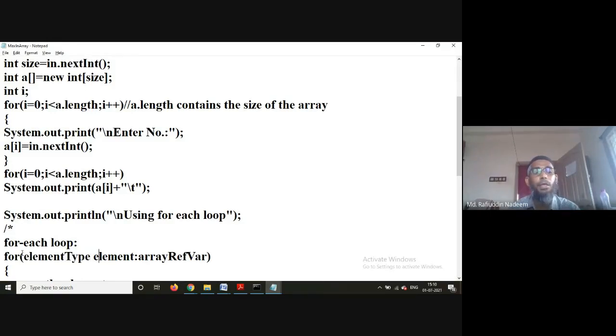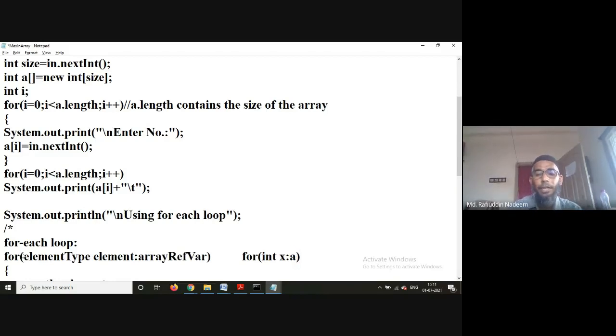Now for example, you know that in case of arrays, similar data is stored. So for int element, each element type, element x colon, from where it has to take the data. It has to take the data from the array.